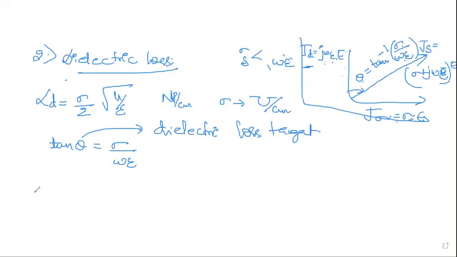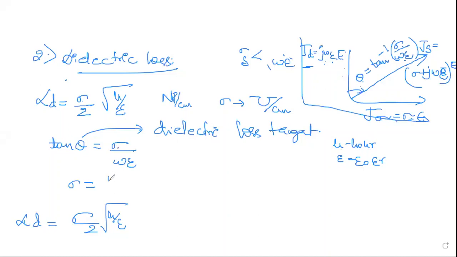Now from these two equations, you can express your alpha D as sigma divided by 2 square root of mu by epsilon naught. You have to write for mu and for epsilon naught value, because in free space you write mu is equal to mu naught into mu r. Similarly, epsilon is equal to epsilon naught into epsilon r. You are going to substitute this value in terms of mu and mu naught. Before that, you have to find out what is sigma from this equation.